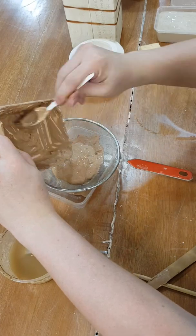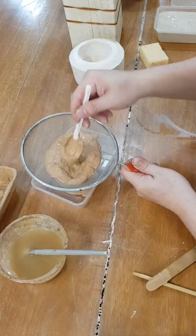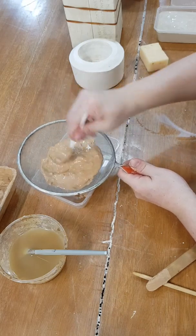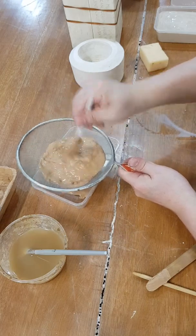Well, we'll know when we start casting. If it works, it works. If it doesn't, that means you still need to go back and try again with a different consistency of clay, different amount of water, play around with it, try